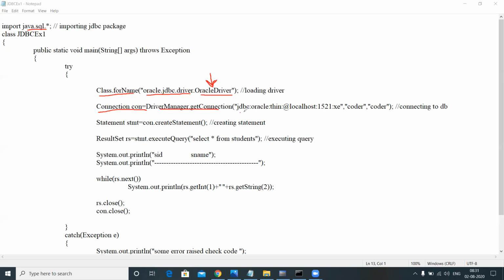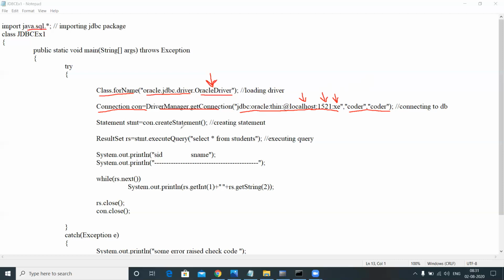Observe here, jdbc:oracle:thin, the thin driver I am going to use, @localhost, nothing but the IP address of the Oracle server, and for my system it is localhost. If it is remotely present, you can use that server name, and this was the port number 1521. This is a fixed one, okay. And XE is the service name of the Oracle, and this was the username and password of your Oracle account. By passing this string, you can connect to the database.